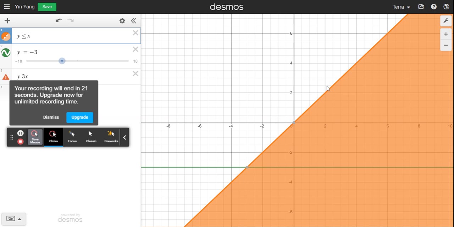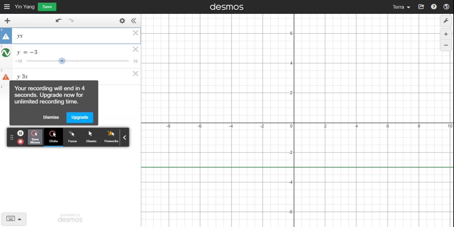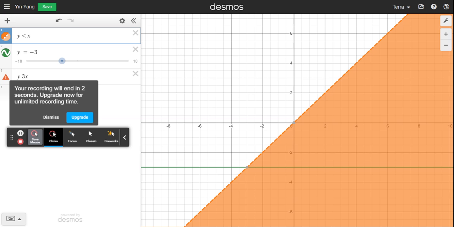So in other words, everywhere below the line is going to get shaded. And it doesn't shade anywhere above the line. If I just chose to have a less than sign there and not the equal to, which I can do on my keyboard